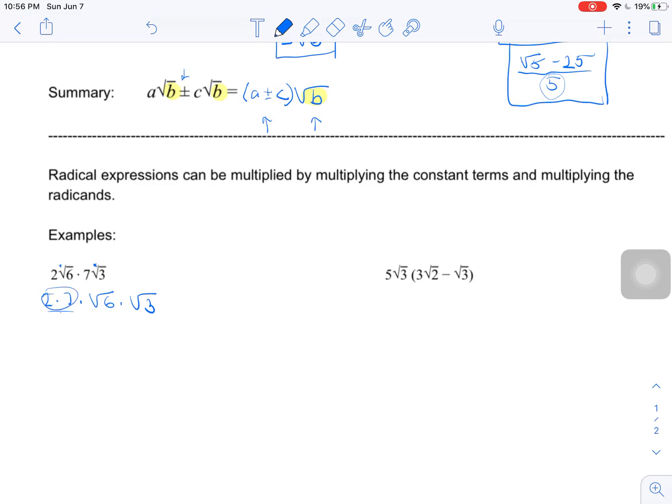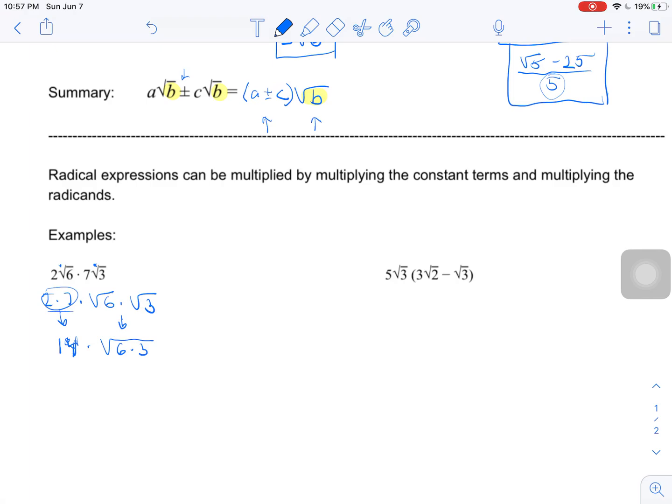Well, we can do 2 times 7. That's going to give us 14. And we have our product property of square root. So our product property says that we could take a radicand and split it apart into 2 different things we're multiplying. But we could also take that and put it back together. So I can put these same things back together into the same radicand, 6 times 3. And if I clean that all up,